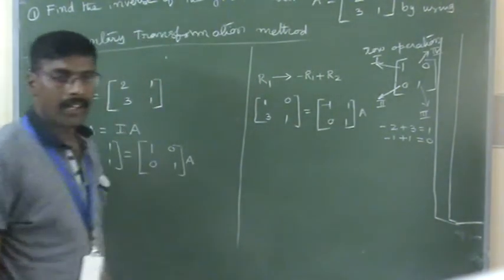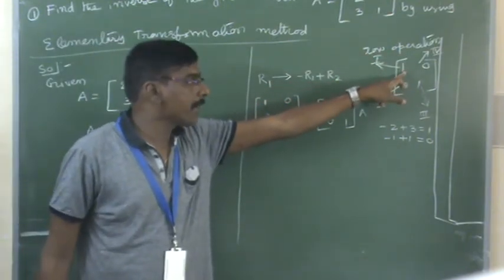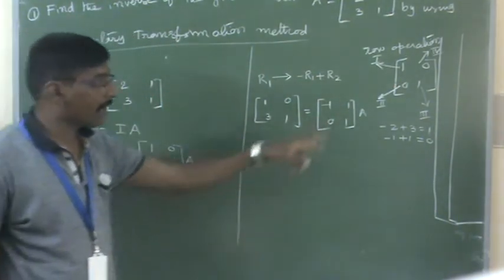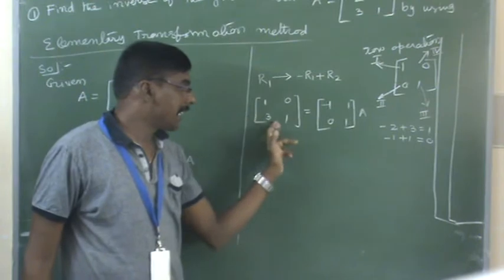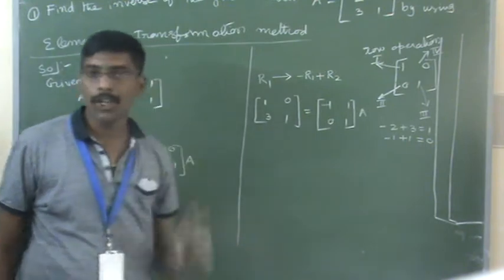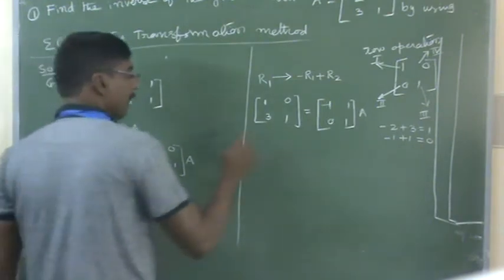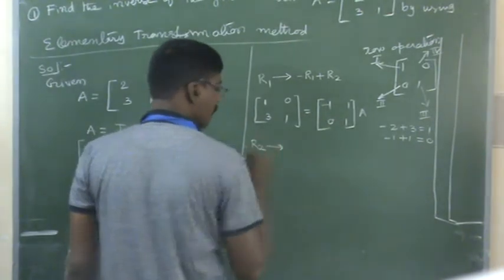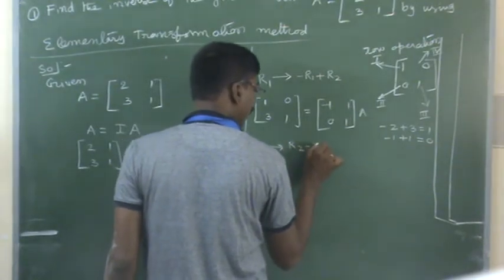First step is over. See that regarding our method of row operation, the first element should be converted to a 1, over. Next, what is our target? Our next target: the A21 place should be converted to a 0. So this place with value 3 can be converted to 0. How? Very simple method. See here, this is called R2. R2 tends to R2 minus 3R1.